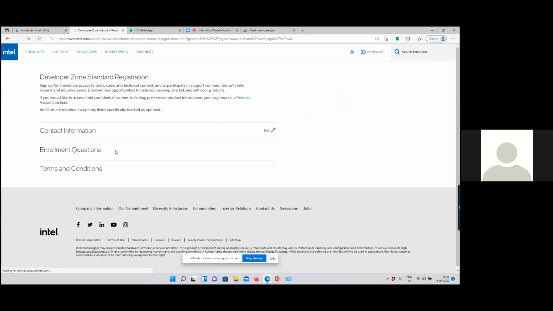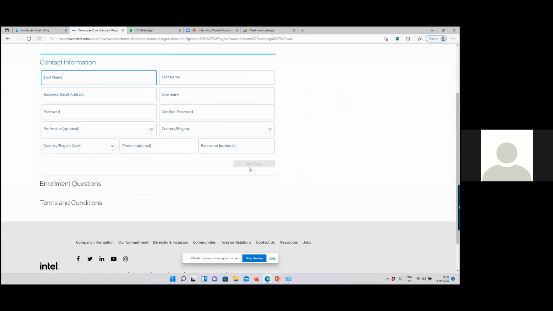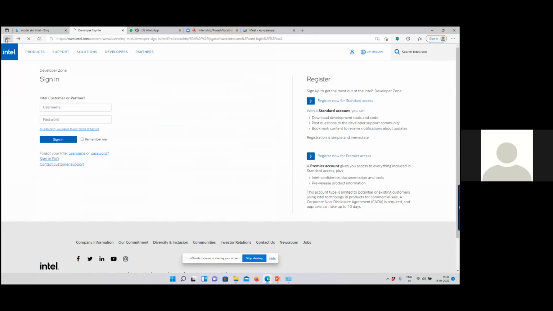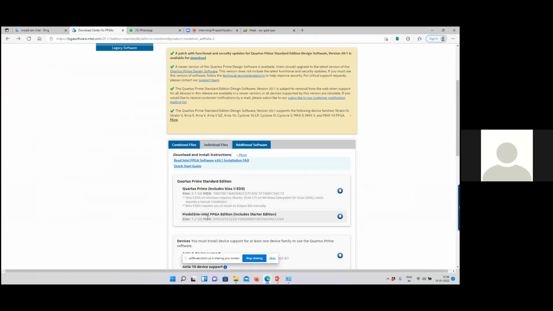Once you fill in the form, enter your credentials and register yourself, you are able to download ModelSim Intel FPGA Edition, including Starter Edition, right?